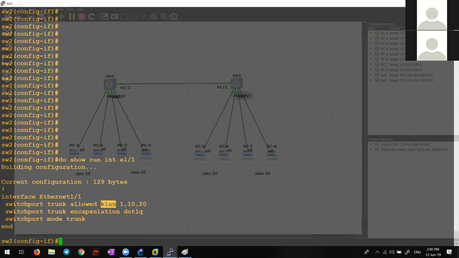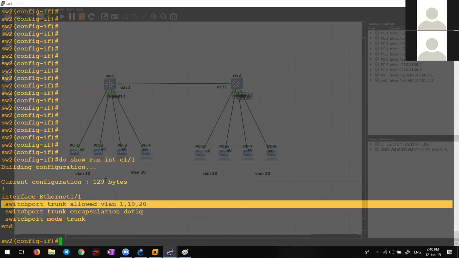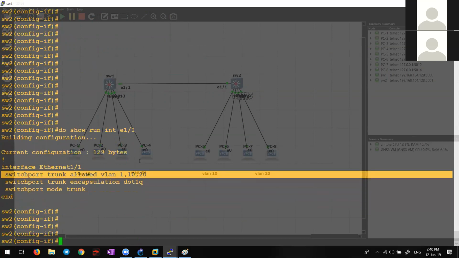So this is the command I have given. If you want, you can write it down to allow whichever VLANs. Also write down this command, then write down switchport trunk allowed vlan add or remove statement also can be there. Okay, like this. First write down this command.